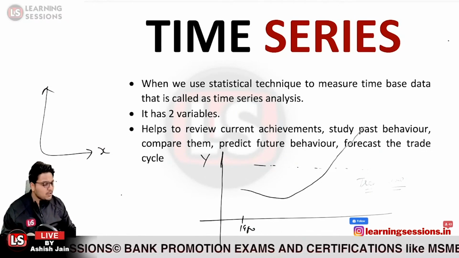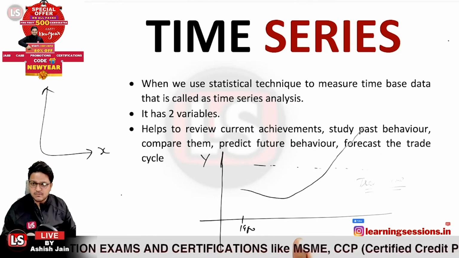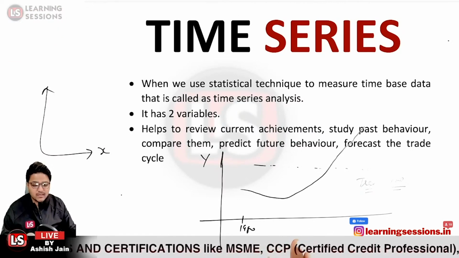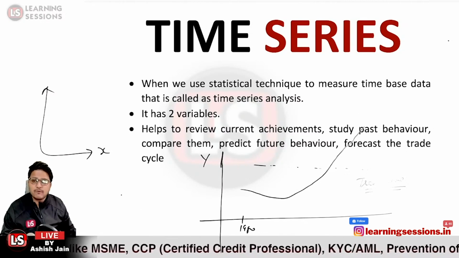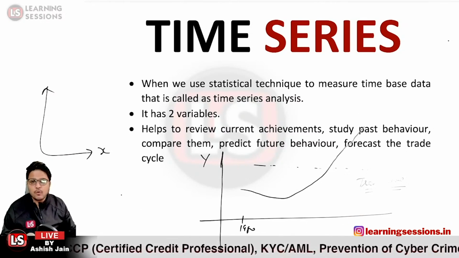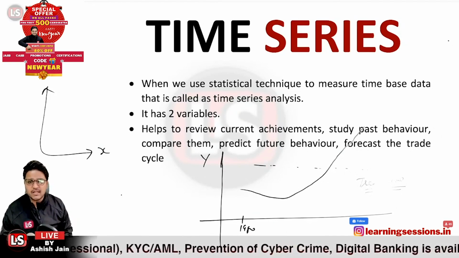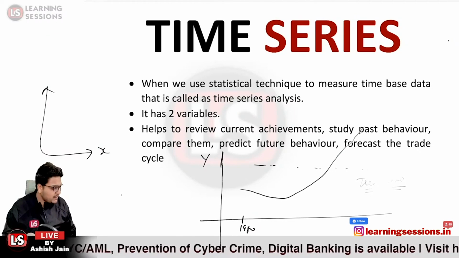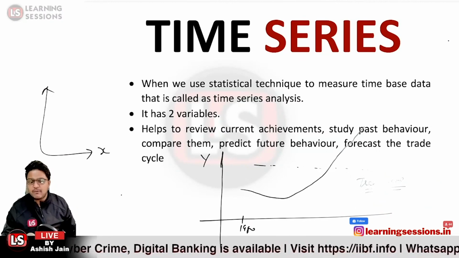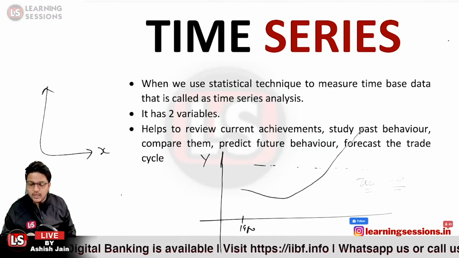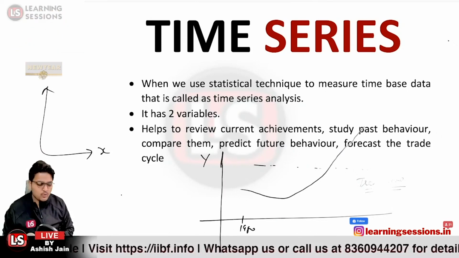If we know the actual trends, we can review our current performance. We can look at the past behaviors so as to study them, and also we can forecast the values. We can predict future behavior from the past data and the trends. If we look at the trend line and the scenario that was followed over time, we can definitely get the data out of it. So that is related to time series.